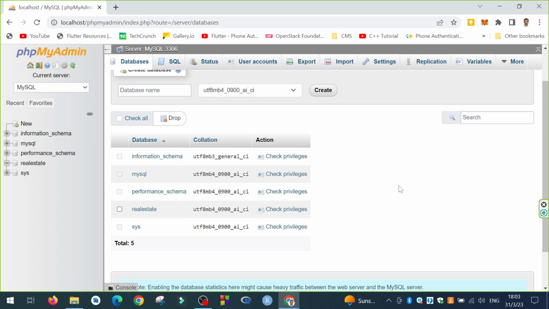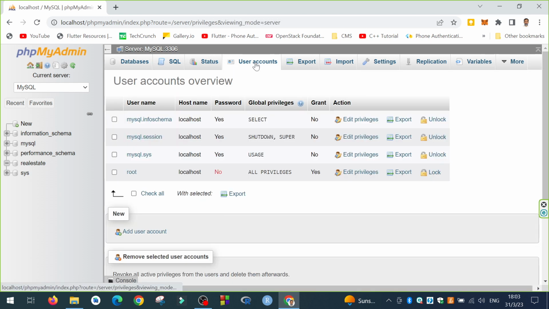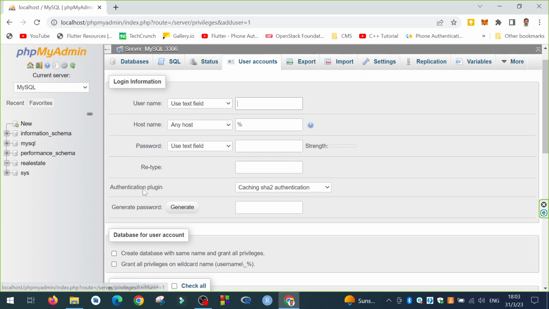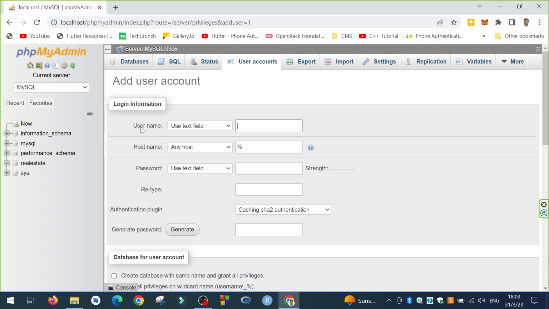The next thing is to create users. So we will go to User accounts, and over here I will click Add user account. First of all, I have to give the username. Let me give the username as Heather, for example, and the host is localhost. I will create the user for this host. I will give any password, for example, ABC8123, ABC8123,